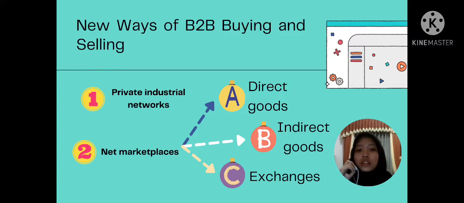Some net marketplaces serve vertical markets for a specific industry, such as automobiles, telecommunications, or machine tools, whereas others serve horizontal markets for goods and services that can be found in many industries, such as office equipment or transportation. Then there are exchanges, which are independently owned third-party net marketplaces that connect thousands of suppliers and buyers for spot purchasing. Many exchanges provide vertical markets for a single industry, such as food, electronics, or industrial equipment, and they primarily